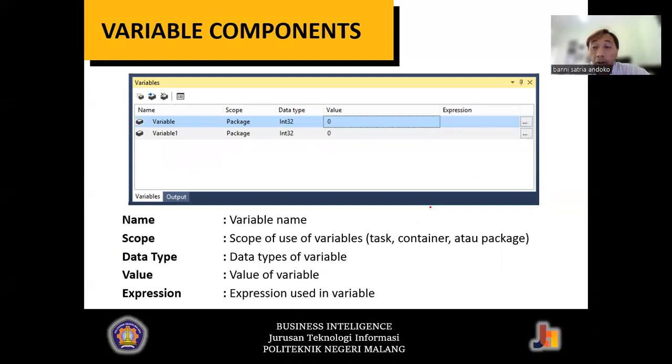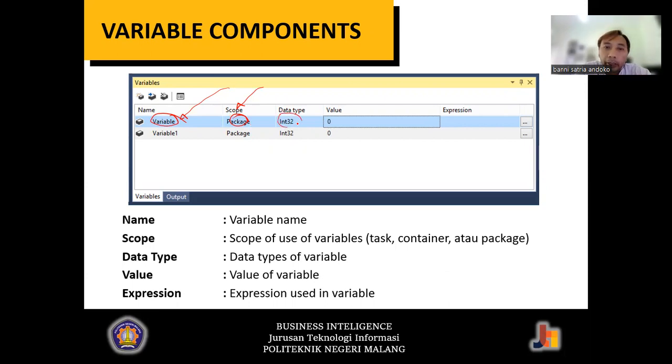The variable component can be found at the middle section of the window. Basically, you need to define the variable name and then the scope where this variable can be used, whether it is inside the package, inside the task, or inside the runtime handling, and so on.